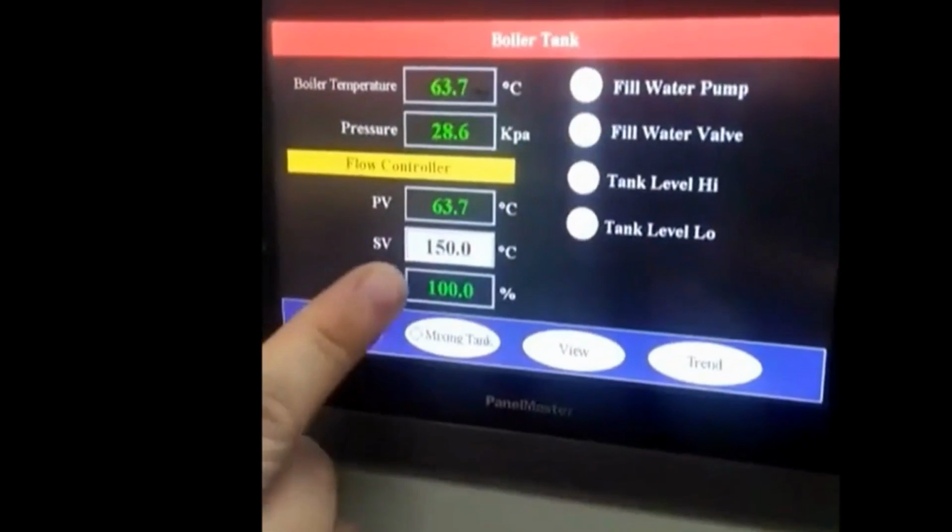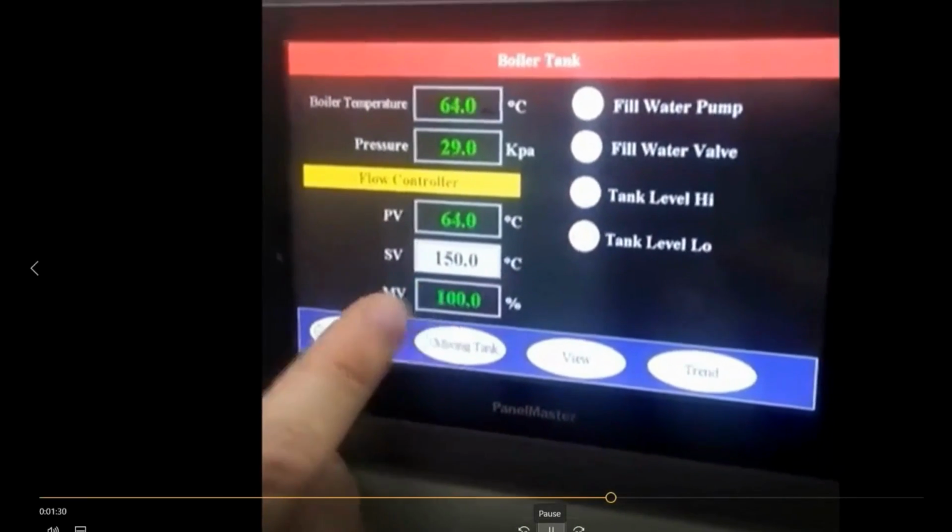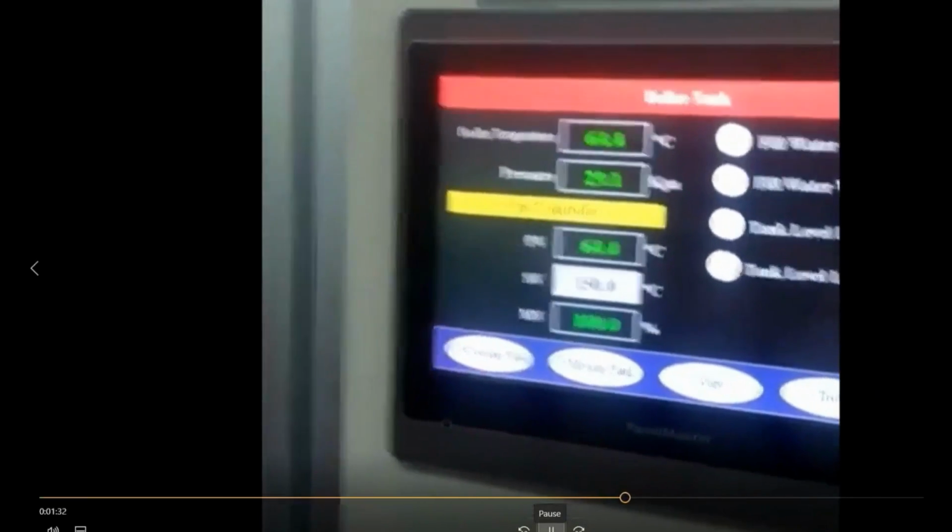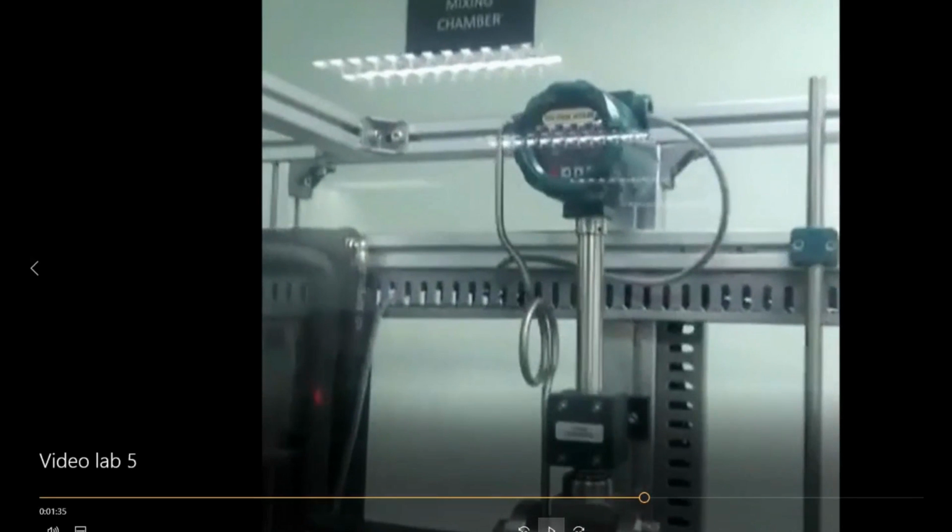After that, you need to record the value of the steam exiting from the hot tank